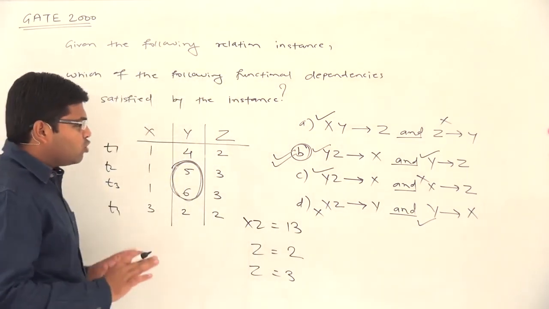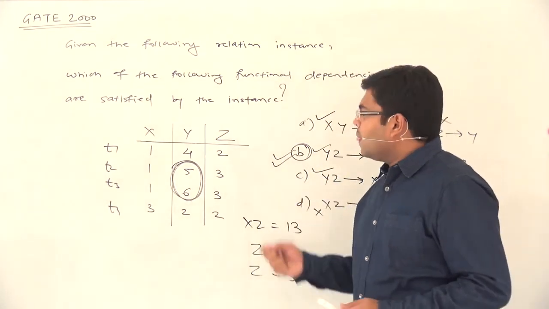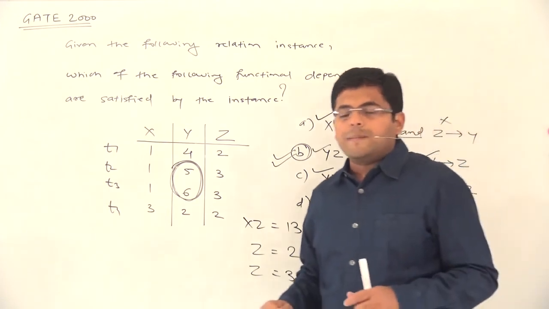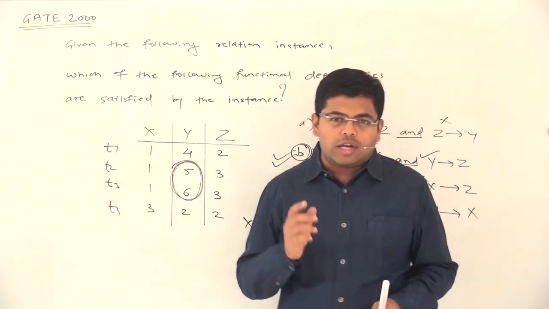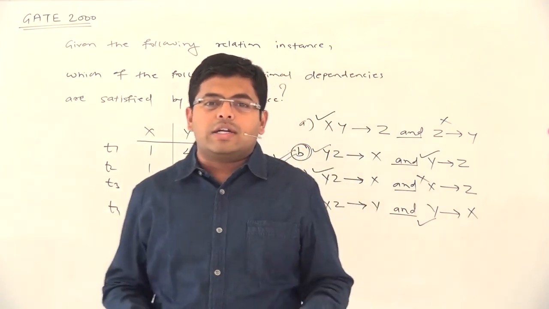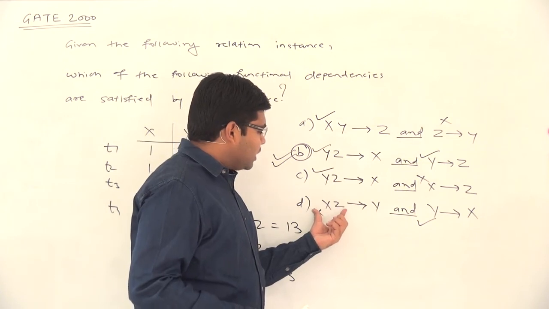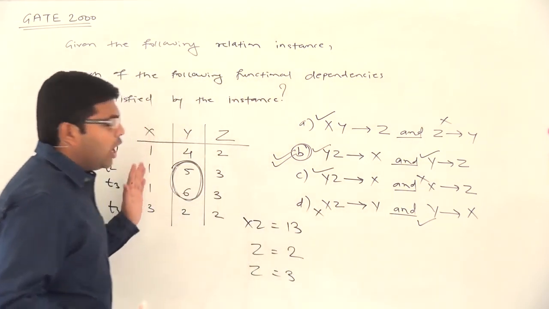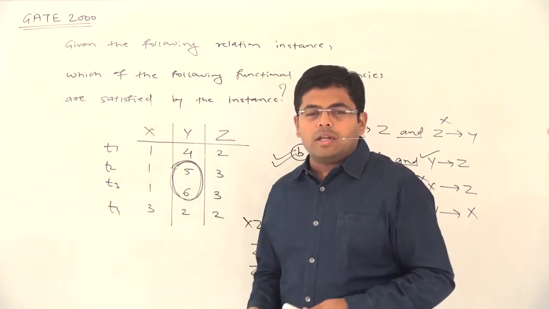The question is quite simple and straightforward, but you need to understand the very basic nature of FD. The left hand side should uniquely determine the value of the right hand side, or whenever there is an agreement on the left hand side, there should be a corresponding agreement on the right hand side. An FD will be violated if and only if there is an agreement on the left hand side but a disagreement on the right hand side. So I hope you are very clear with this question. We will see one more example in the next session.